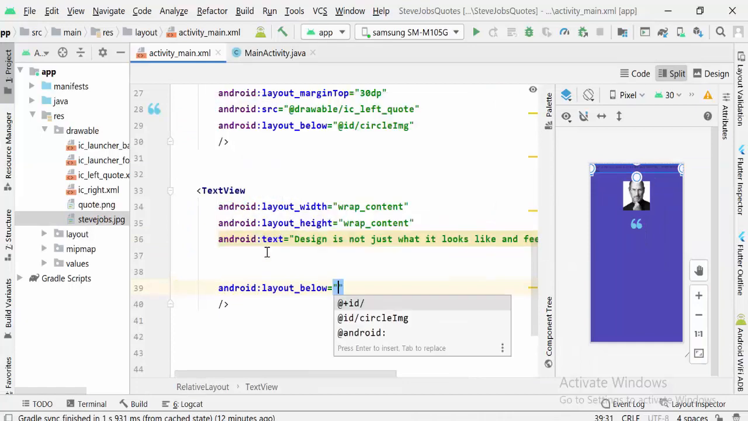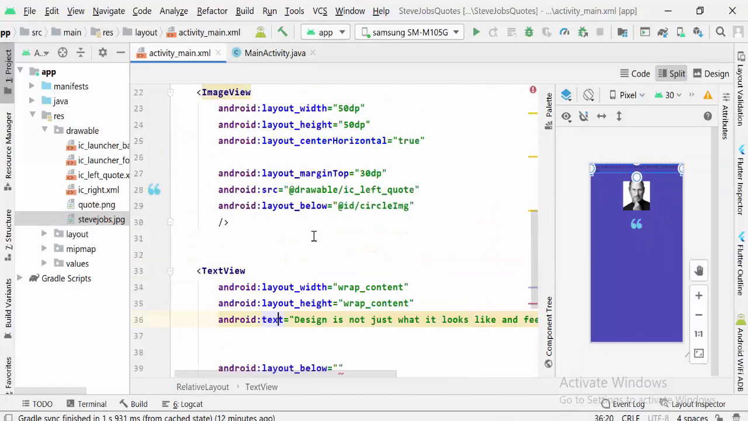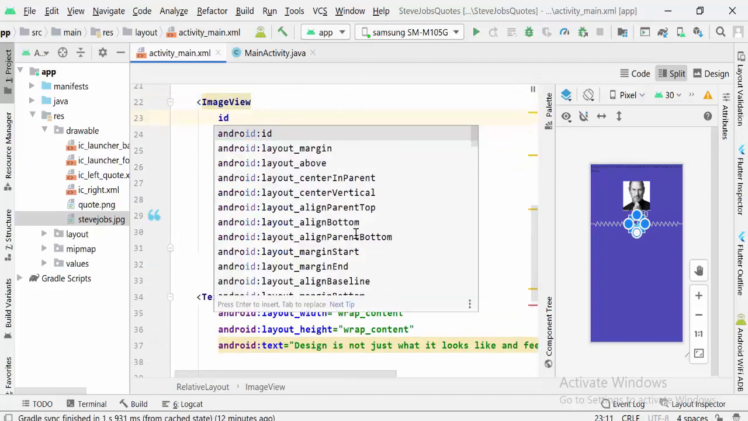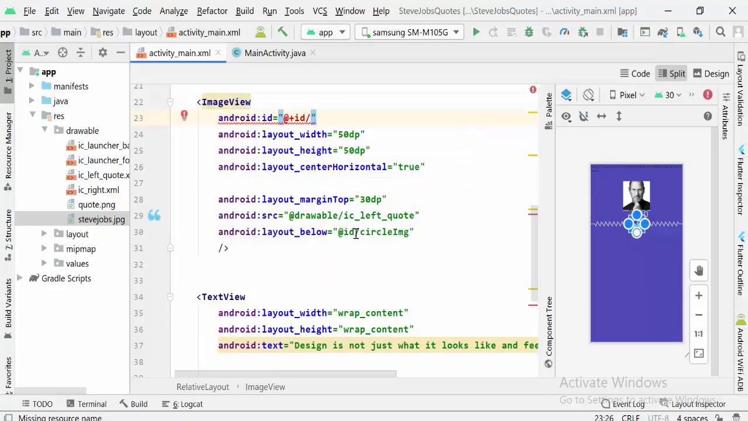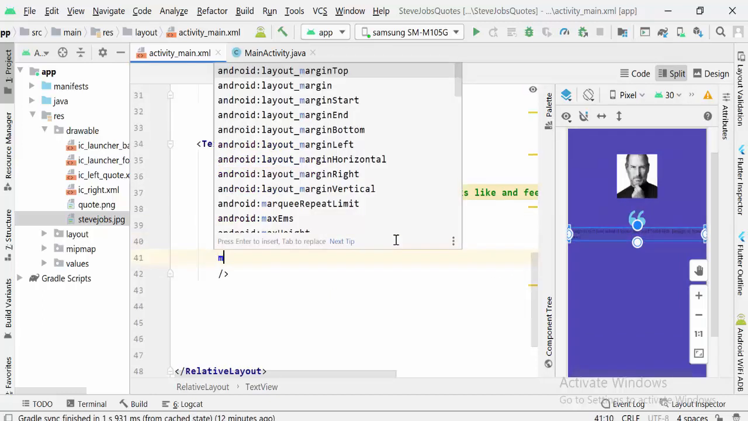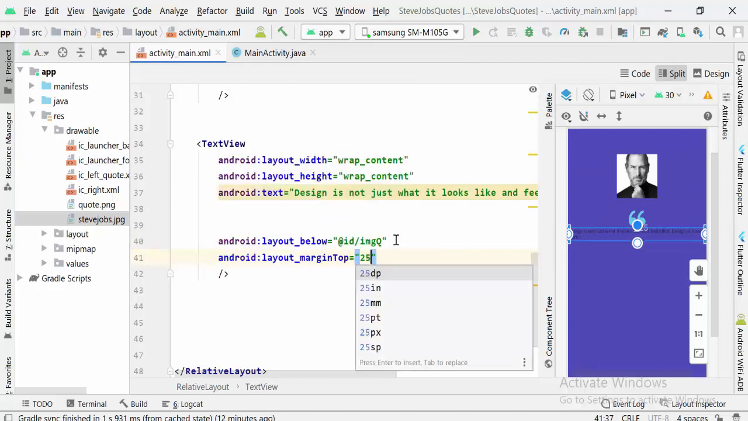I will put it below our image. As we did before, we need to add an ID to our second image. I will call it image Q for quote. Okay, I will copy this ID and add it, image quote. Okay, I will put margin top 25 dp,